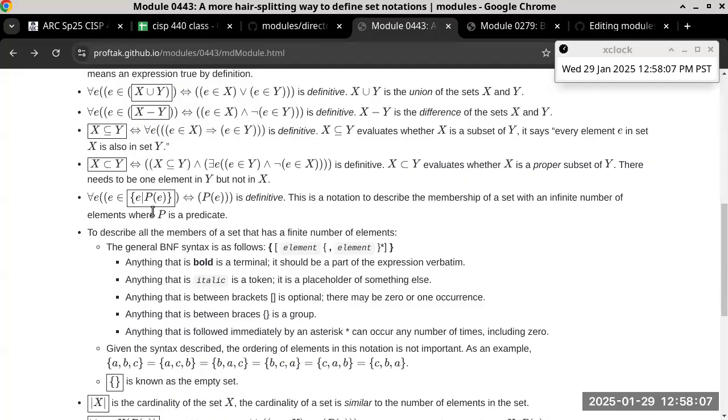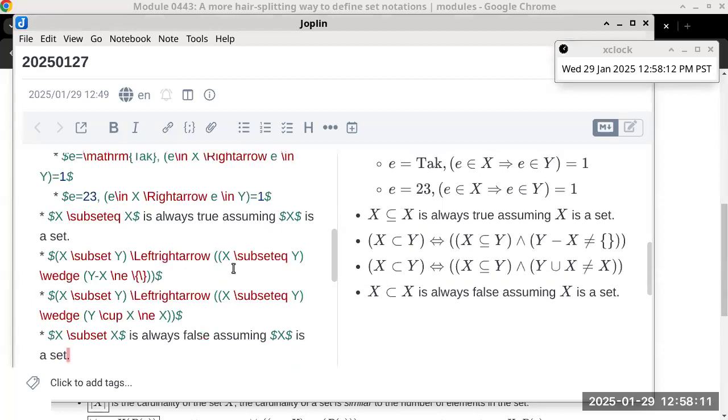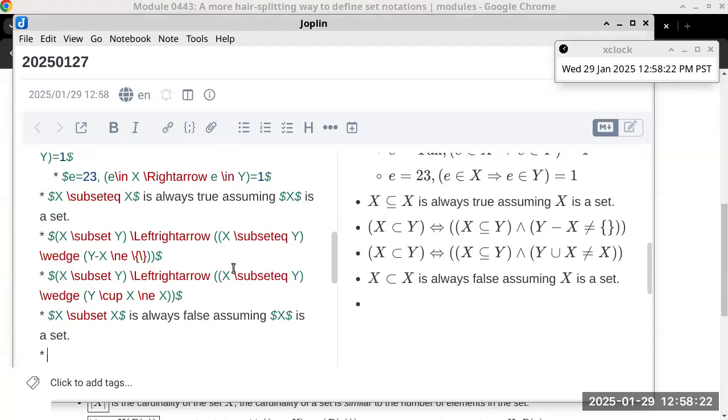Okay, so let's go ahead and take a look at an example here. And this notation is typically used to describe a set that has an infinite number of elements, such as the set of all even numbers. So let's go ahead and try to describe the set of even numbers. So I will start with the notation and then we'll go back and look at what it actually means. So we can start with n such that